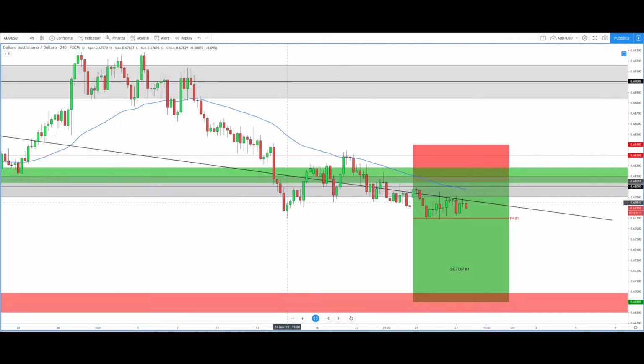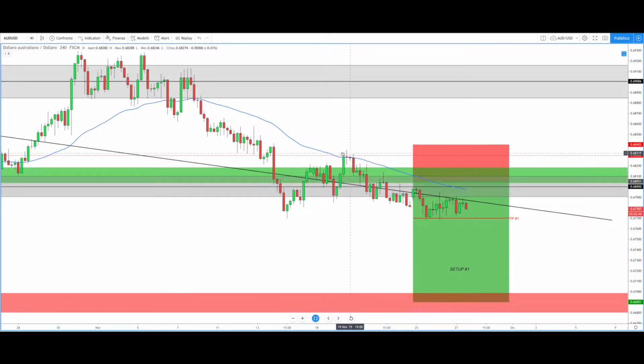And we can see that after this break and retest the price failed to start a new bearish movement, and from this point found the strength to come back above this key level and reach this area. This is a strong liquidity area just above the key level 0.68, but after this strong push to the upside, the price failed to pass this key level that we know really well,